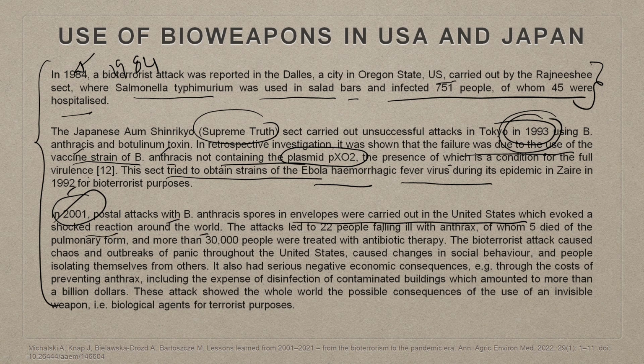The attack led to 22 people falling ill with anthrax, of whom 5 died of the pulmonary form, and more than 30,000 people were treated with antibiotic therapy. The reason why it affected so heavily, as I was mentioning in the last class,